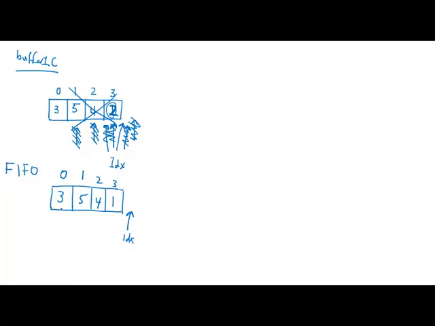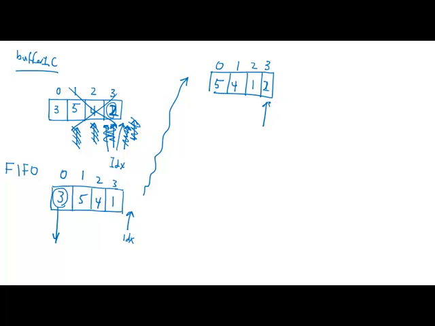So what main does is it fetches data from here. So 3 is going to be the data. But then what it does is it shifts the values. So it's going to have 5, 4, 1, and this 1 remains here, but it would be junk. And then the pointer is going to be decremented to 3, so that if new data, let's say 2 arrives, then 2 is going to overwrite this 1, and now the index is going to point to 4, which indicates